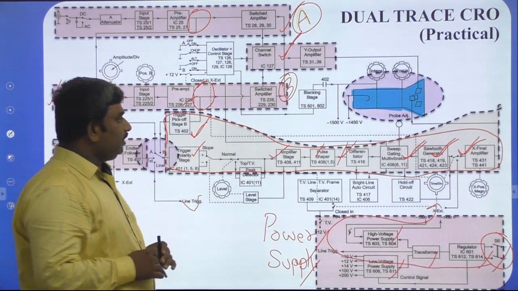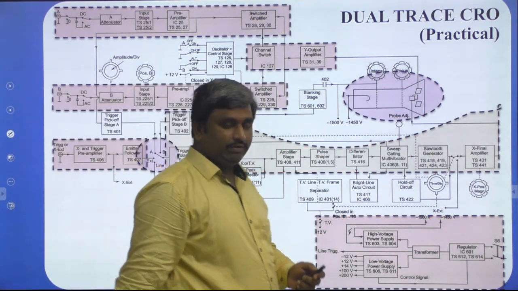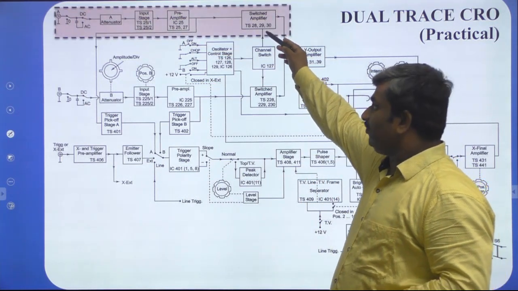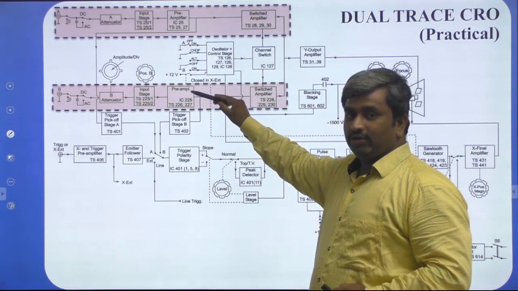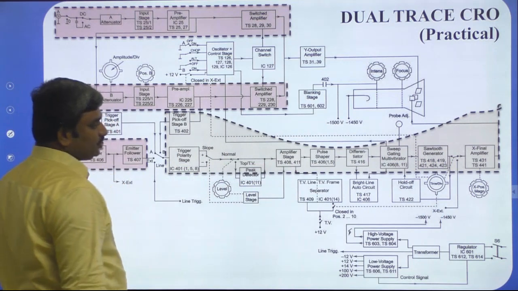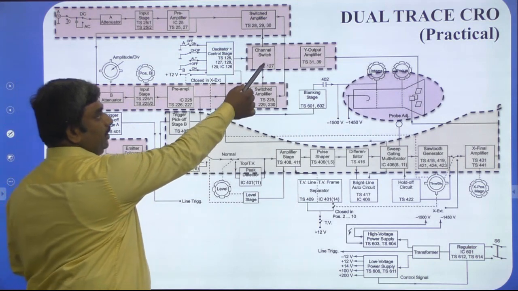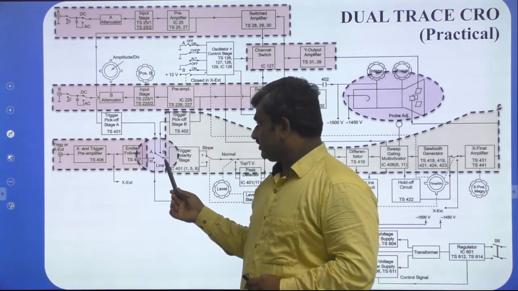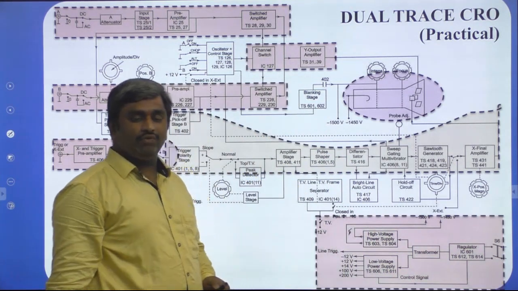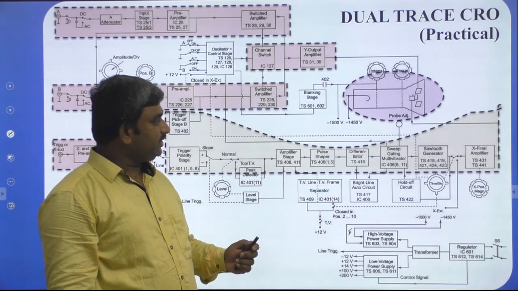See once again clearly. I will erase all the marks. So this is the total block diagram. First the Y channel amplifier channel A, the Y channel amplifier channel B, and next the external triggering circuit, next the X channel amplifier, next the CRT, next the electronic switch, next the triggering circuit. Finally, here we have the power supply module. These are the parts. So once again see clearly.